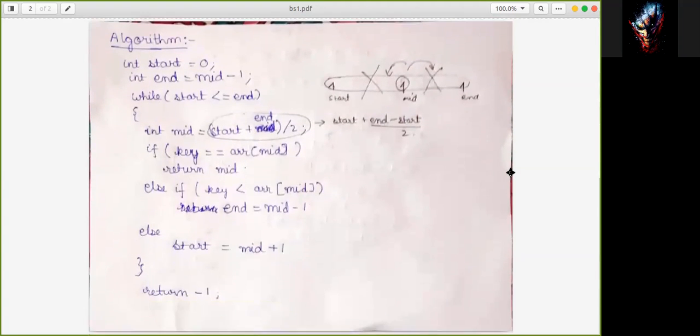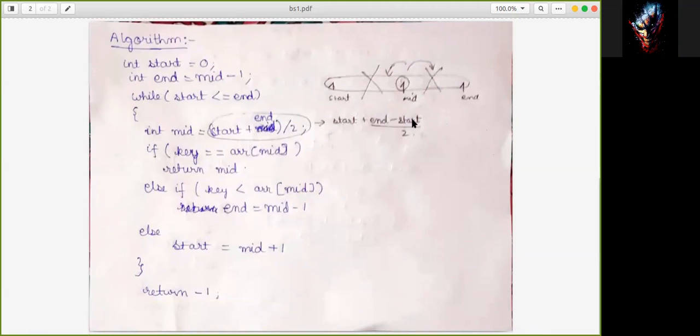Till when will we check that key is equal to a of mid? Int start is equal to 0, end is n minus 1, while start is less than or equal to end. During binary search, we calculate the mid.